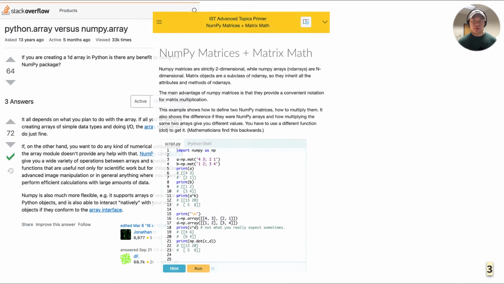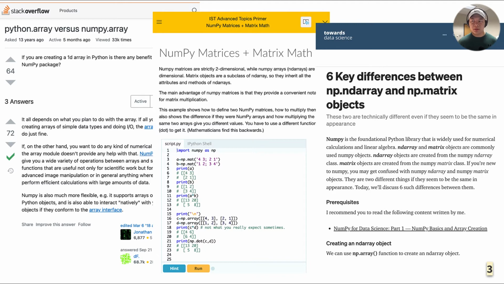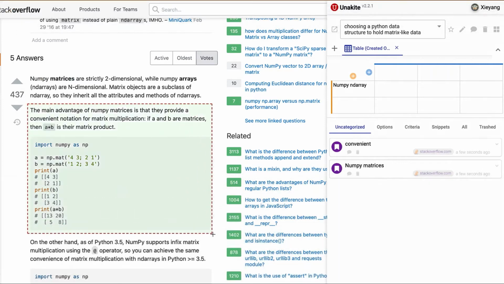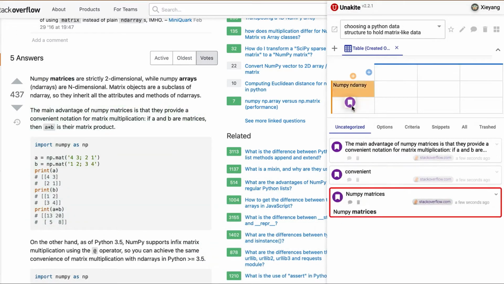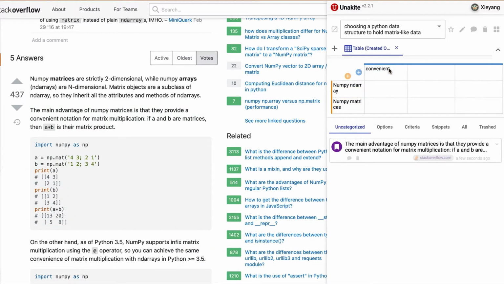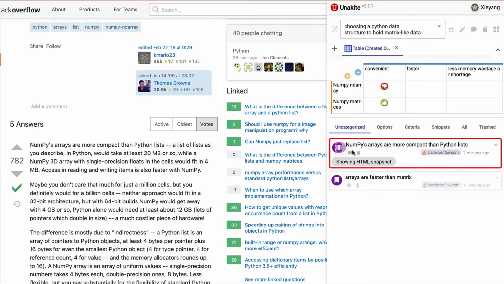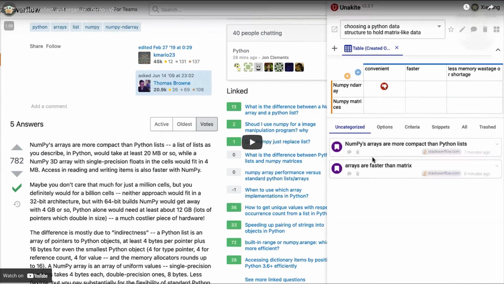For example, to start a high-dimensional data analysis task, a developer searches and browses the web to find out the different APIs to represent matrices in Python, and runs into all kinds of detailed evidence about these APIs. To help him synthesize and inform a decision, he uses our previous research tool called Aniket, which enables developers to collect and organize information into a comparison table as they are searching and browsing the web.